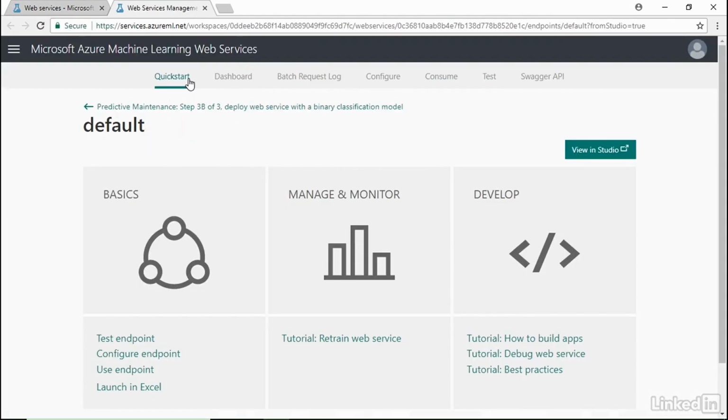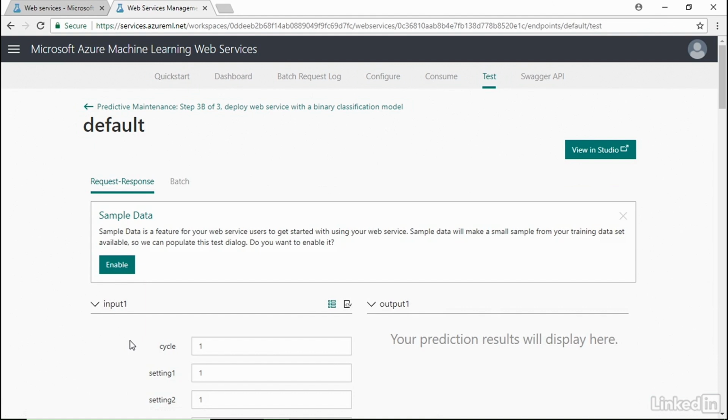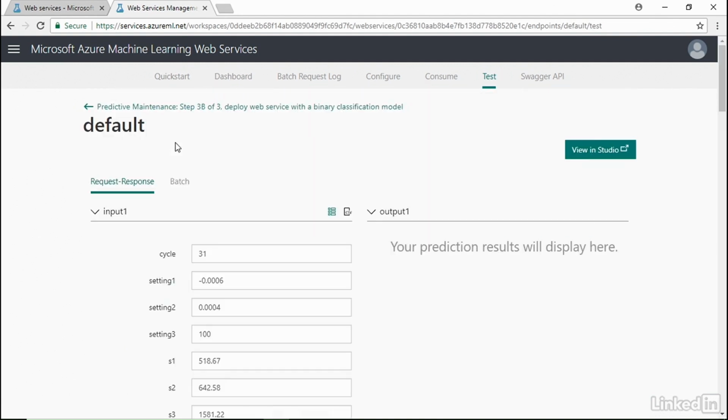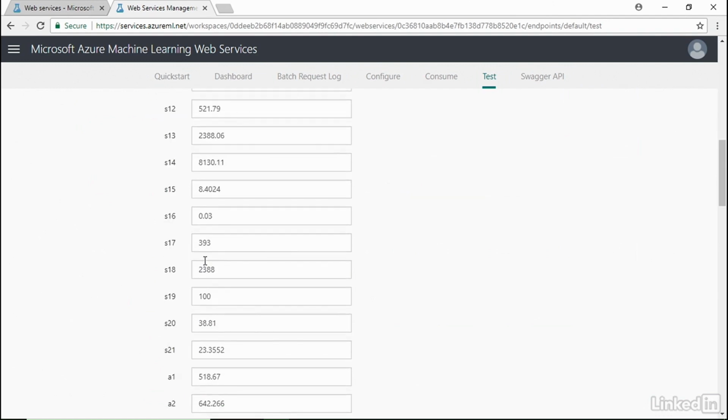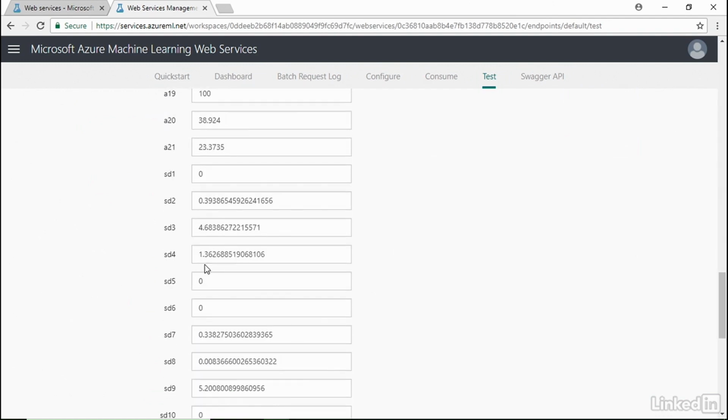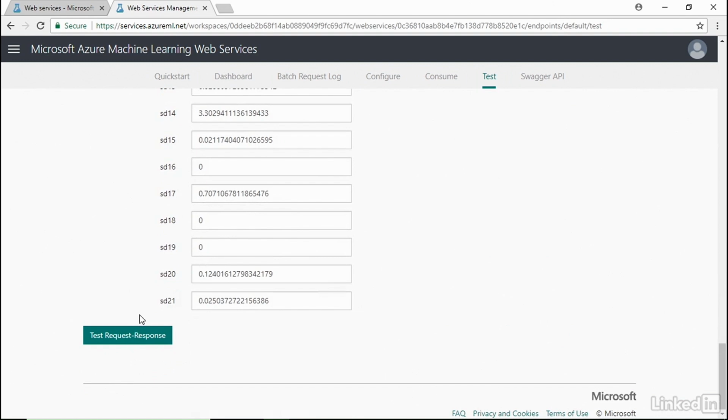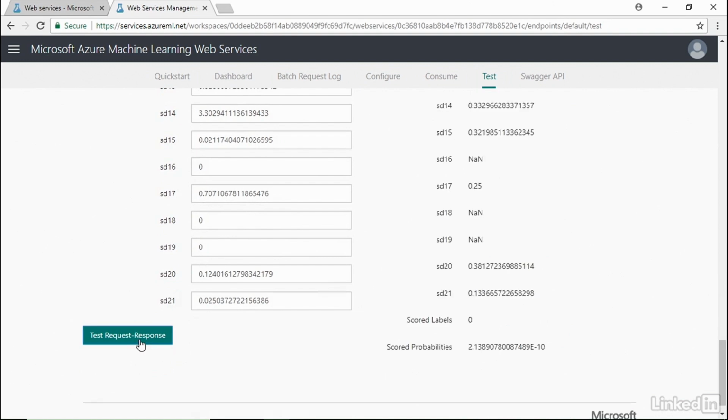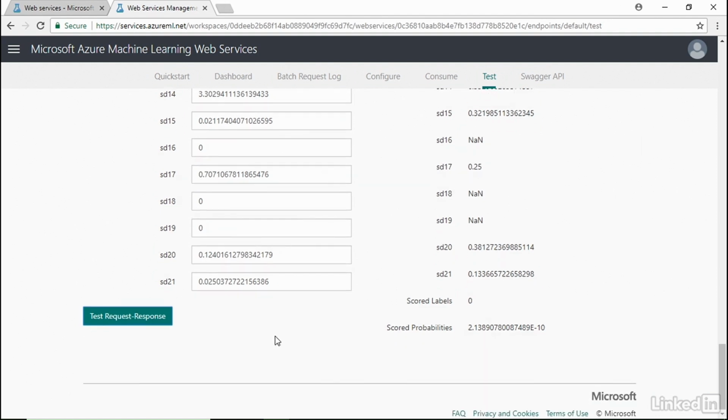Now, under the Quick Start tab, we can see the links for Test Endpoint and the Use Endpoint. We can quickly check to test the endpoint with some sample inputs for the predictive maintenance of the equipment. So the sample inputs are listed on the left column. Now, if we click the Test Request Response button, then the web service will give output values on the right column, including the scored labels 0, indicating with the input sample on the left column, the equipment is predicted to be in normal state. To know about how to consume the API endpoint, we can check the Consume